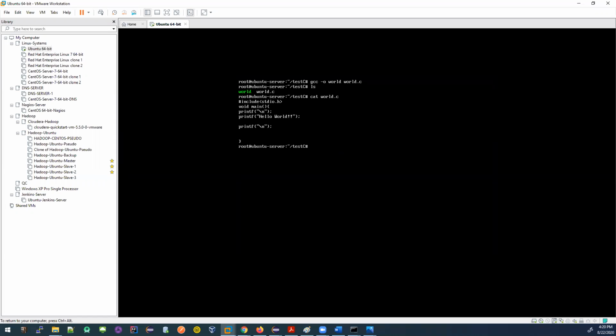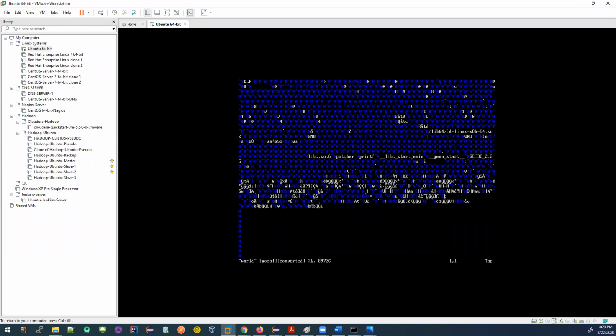This is another file. If I execute this file, then the machine will understand. Now if I look into this file, it will look like this. Some characters, represented by zeros and ones. You will never understand it, and you don't have to, but it gets converted to something the machine can understand.